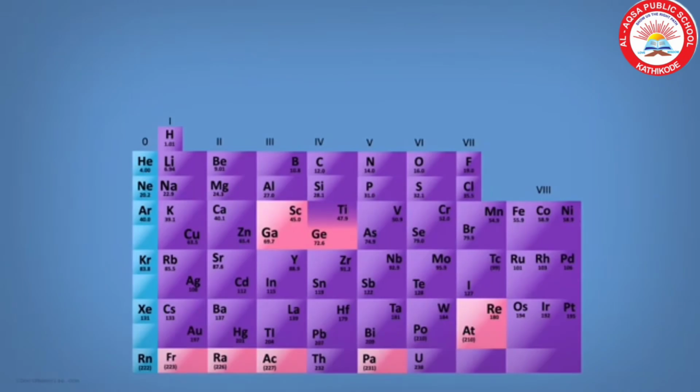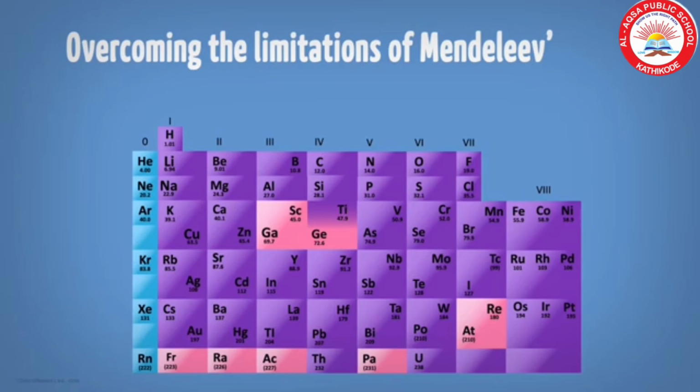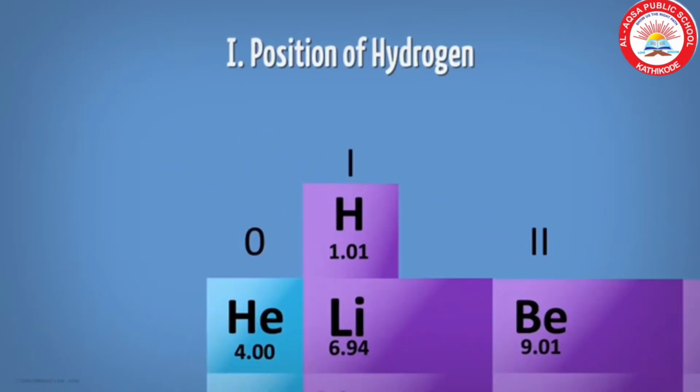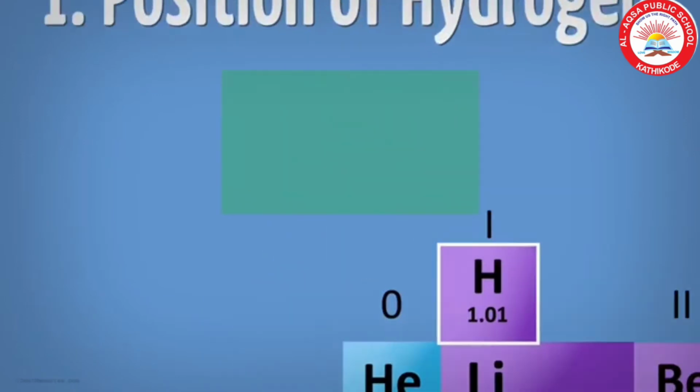Now let us discuss how this modern periodic table overcomes the limitations of Mendeleev's table. Do you remember what are the limitations of Mendeleev's periodic table? Yes, the first one is position of hydrogen. In the modern periodic table, we can see that hydrogen belongs in first group. And the second one is